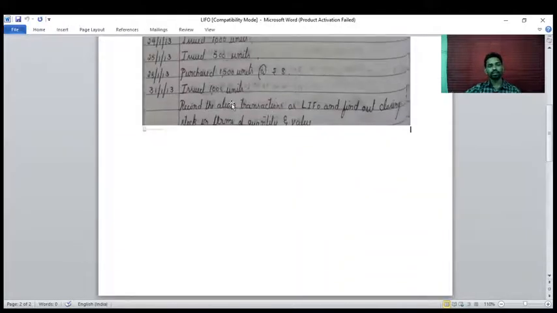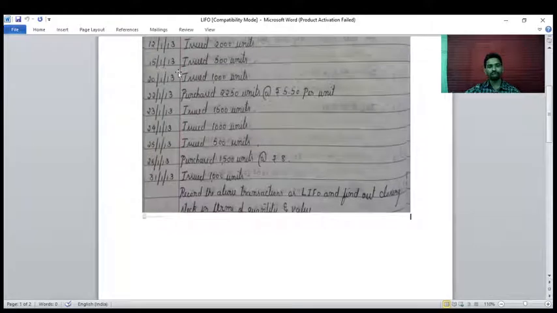Okay, so maintain as it is this 12,050 units, and we have taken 2000 units from this 3000, and the remaining is what, 1000 units at the rate of 6, it's 6000. Okay, so now see the next transaction is on 15th January 2013, issued 500 units.